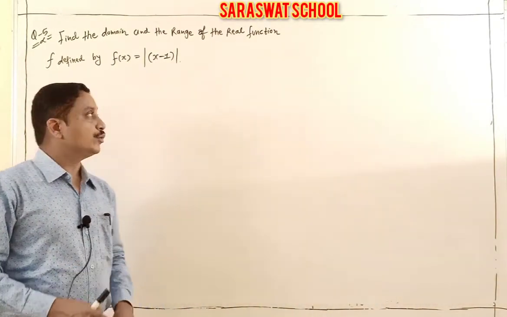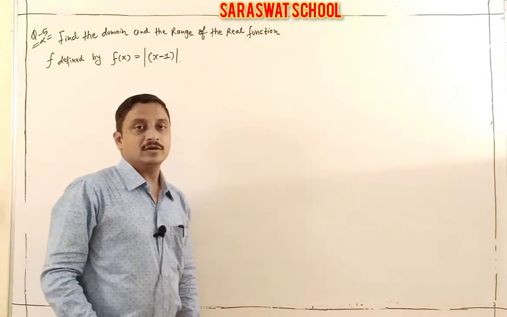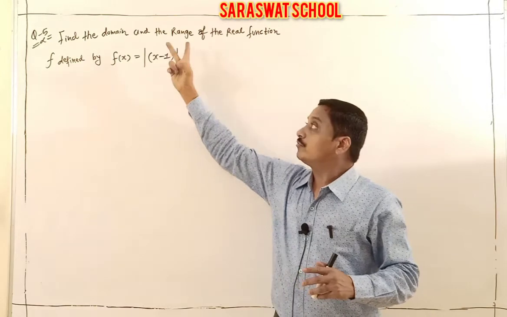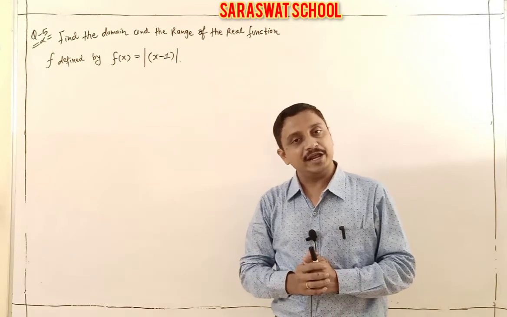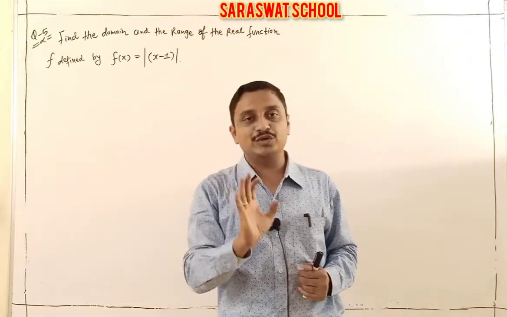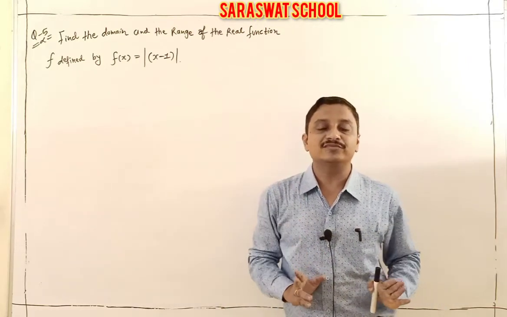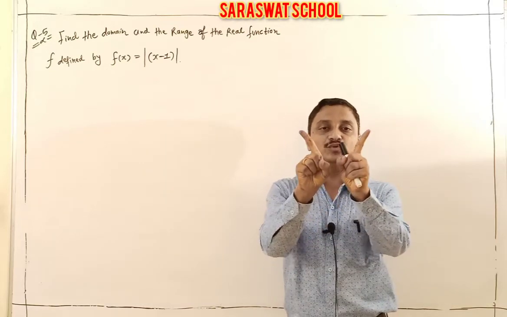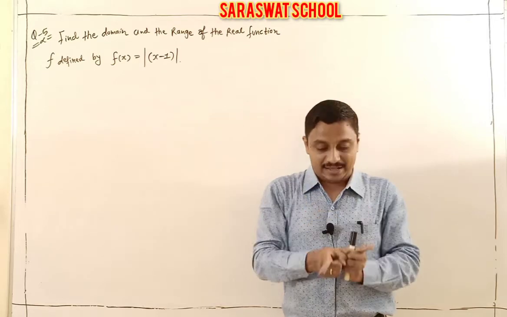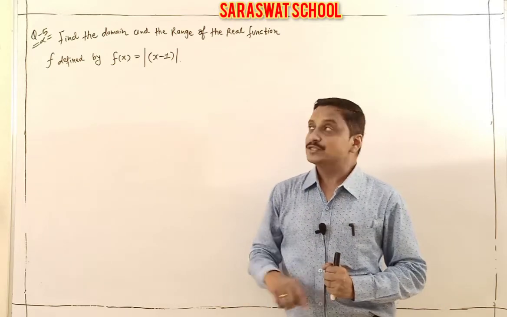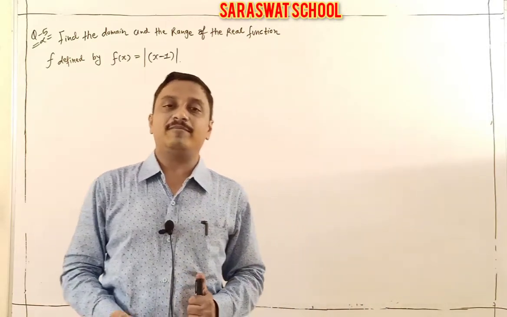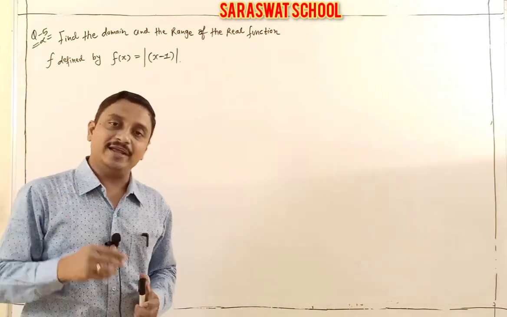Now students, I move ahead. Question number 5. The question is f(x) is equal to modulus of x minus 1, and find the domain and range. Before starting this question, I think you know, students, every modulus function graph is a union of two rays, on the positive y side and the negative y side. So I show this graph here first and after that I apply our domain and range.